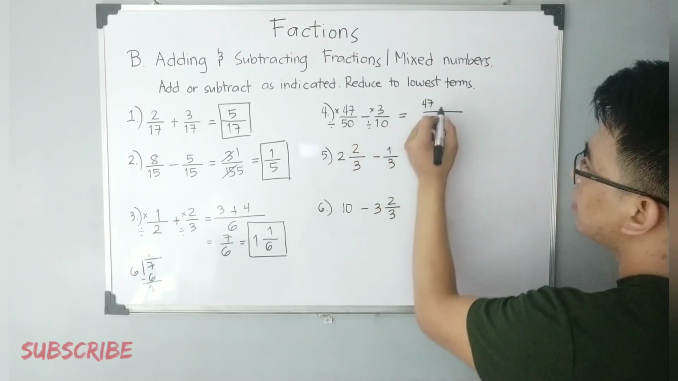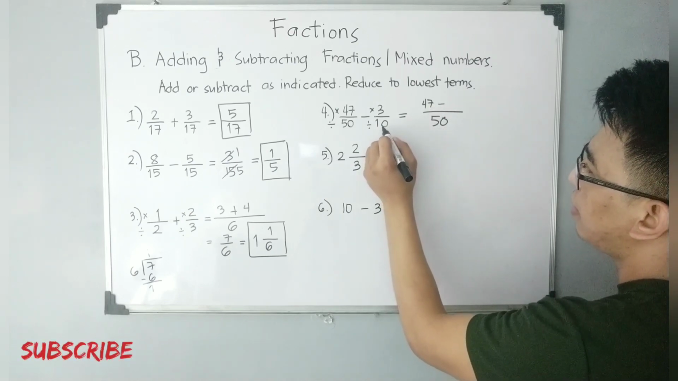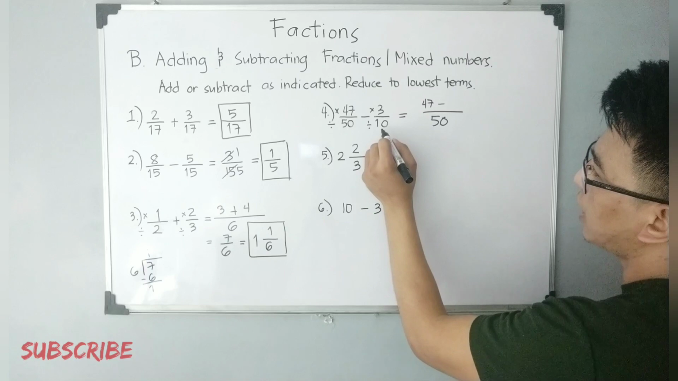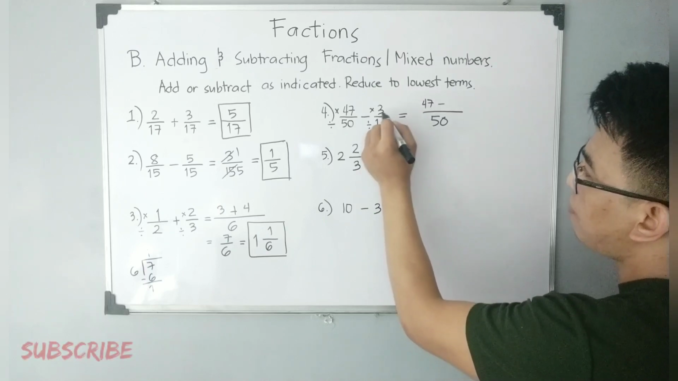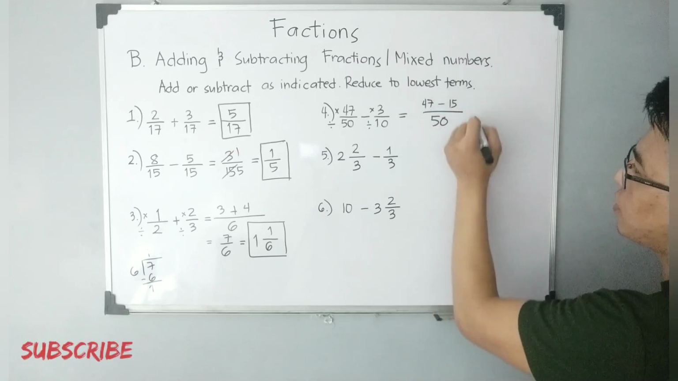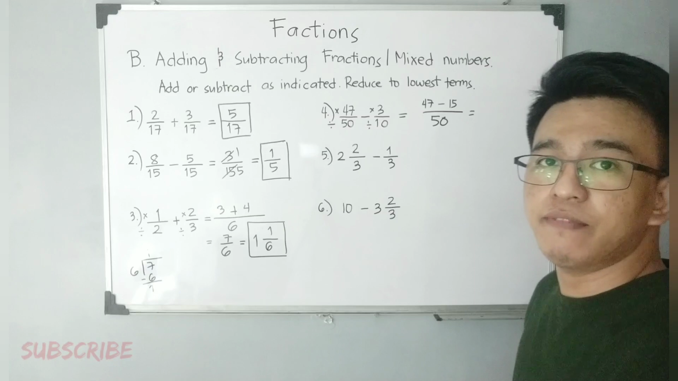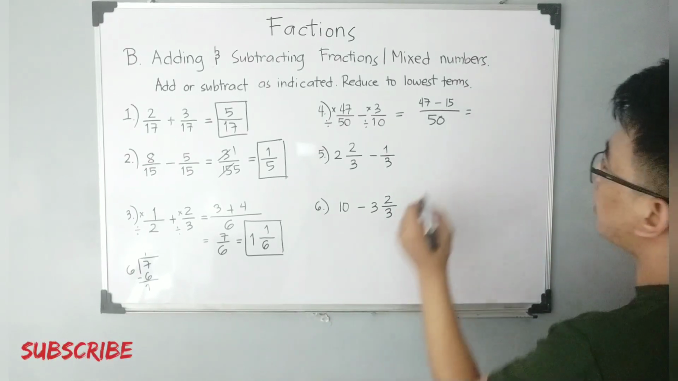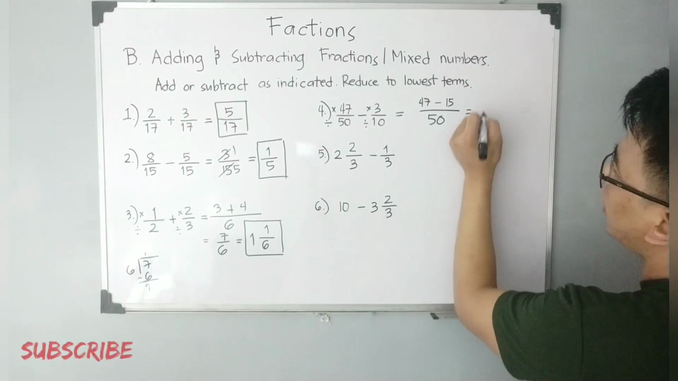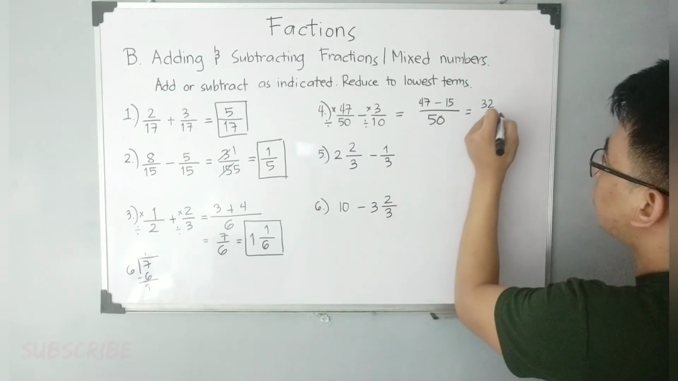And then minus 50 divided by 10. That will give you how many? 5 times 3. That is equivalent to 15. And subtract your numerators. 47 minus 15. Again, 47 minus 15. That will give you how many? 32. Okay, 32 over